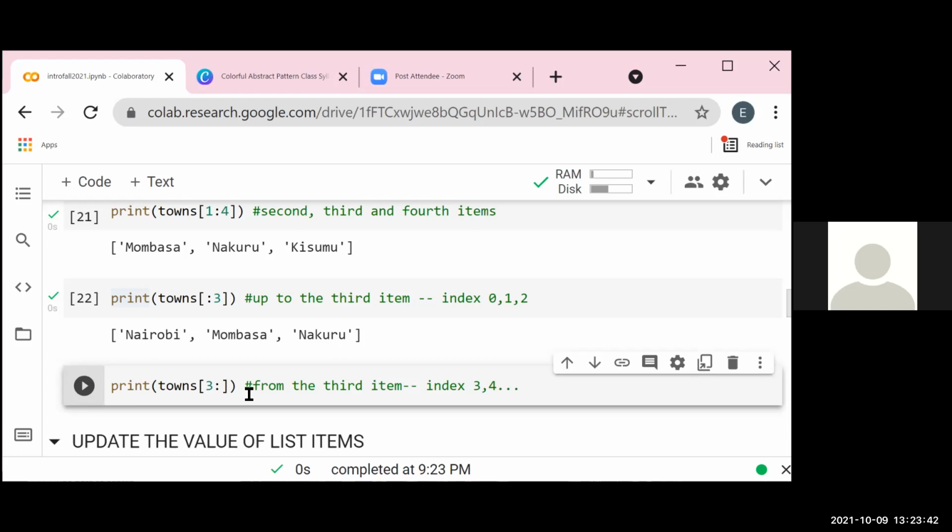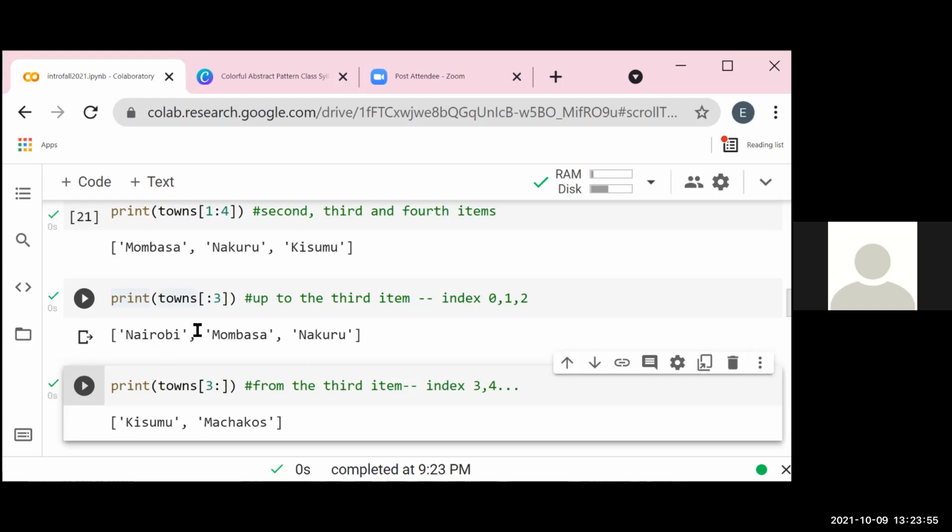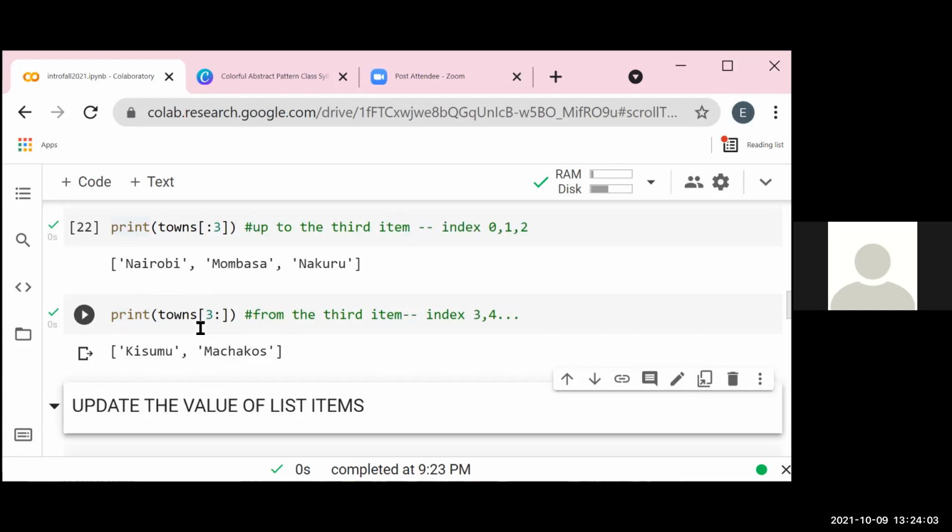So it will start from index 3 and count 3, 4 up to the last. So we just have 2. I hope that is how we are able to access items in a list.